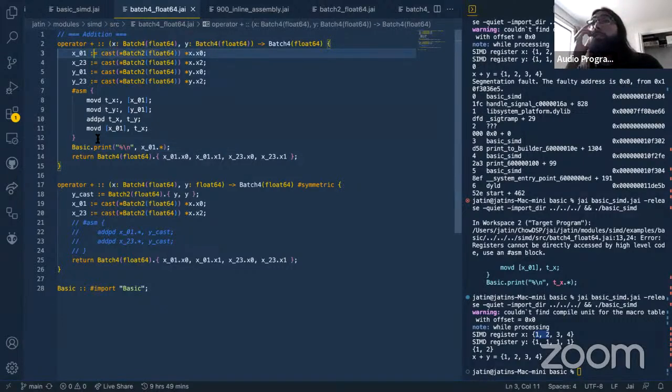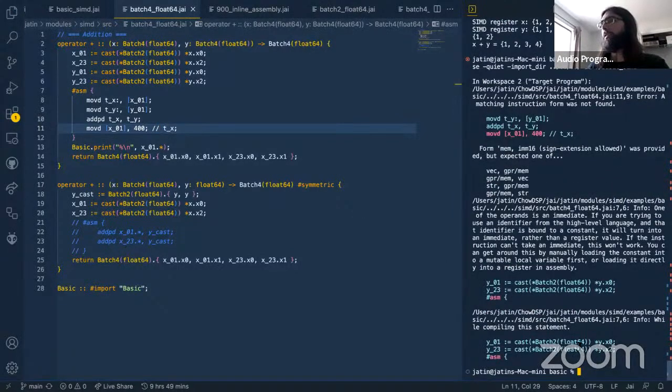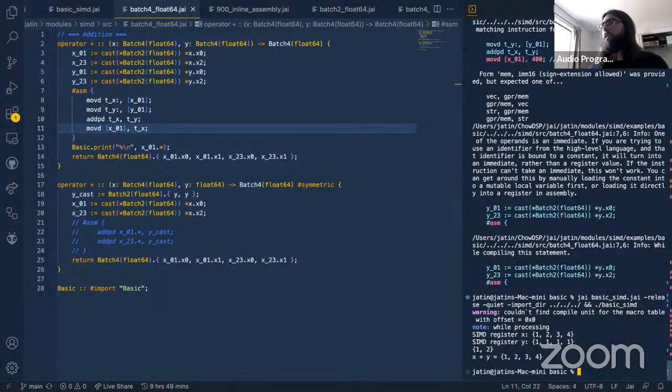So I defined x01 there. And then when I tried to move something into it, it didn't work. So what if I just try to move like 400 into it? I don't know. See what that does. Ah, okay. Apparently nothing good. All right, so